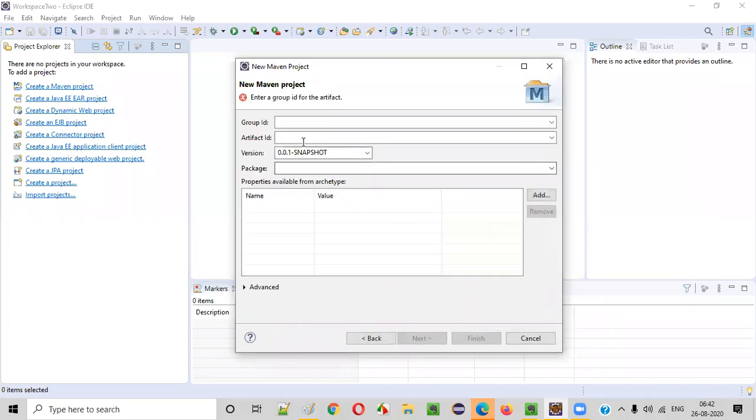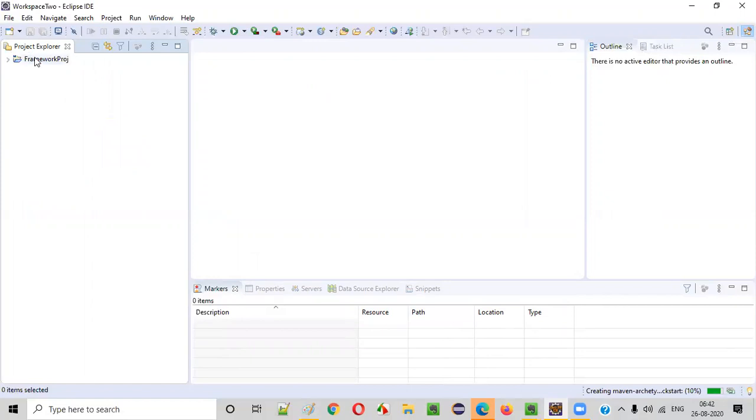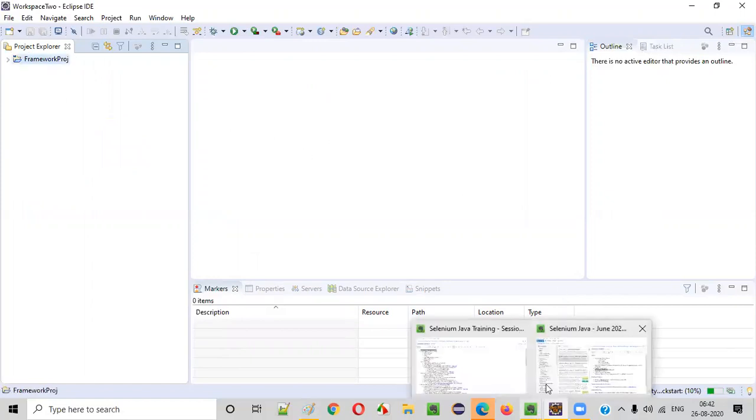Click on next. Here, give something. So since we are developing a framework project, I will say framework project for now, and I will give something here. You can give anything as group ID. The project name should be proper. That is framework project. After that, the package name should be proper. So I'll say FD pack. Okay, some package name I'm giving. Framework development package, FD pack. Let the Maven project be ready.